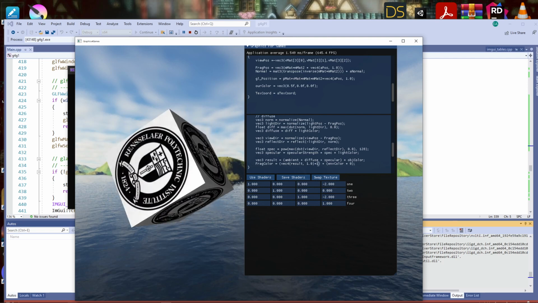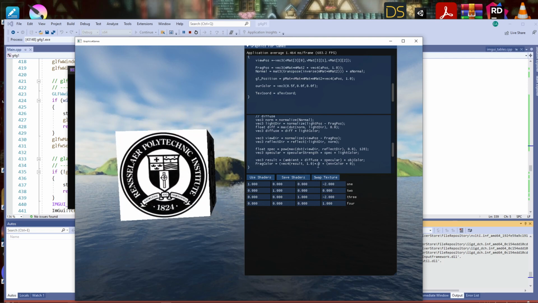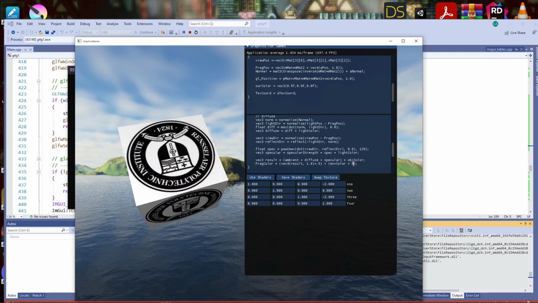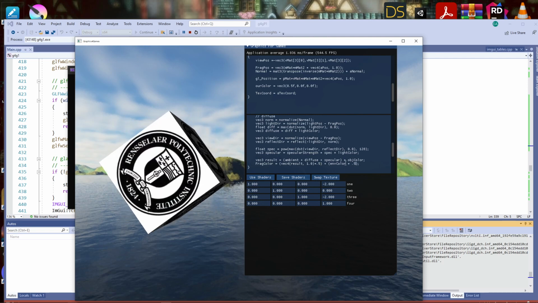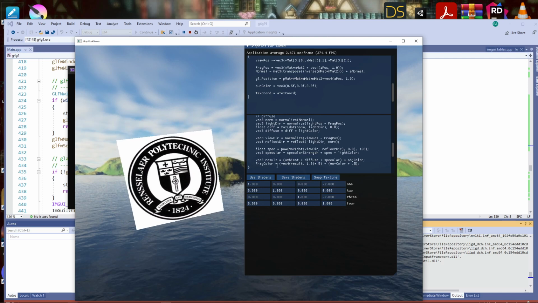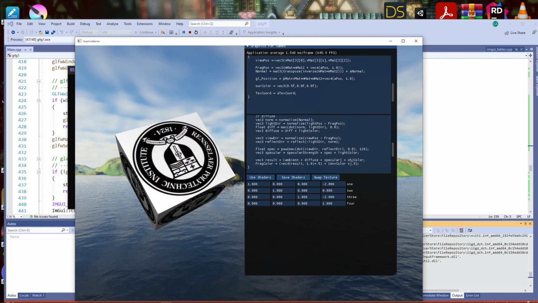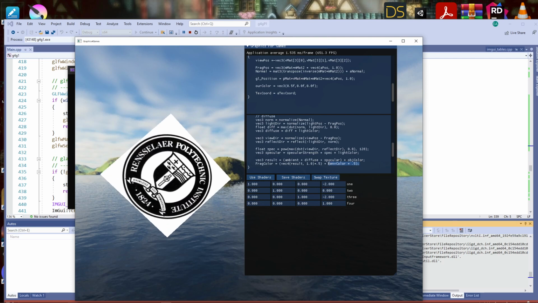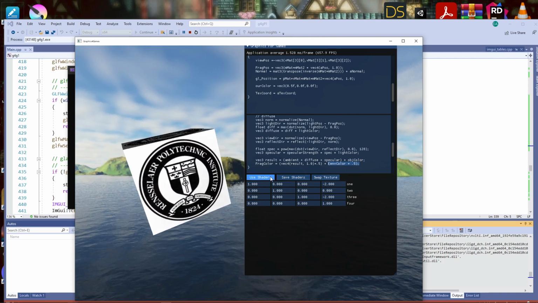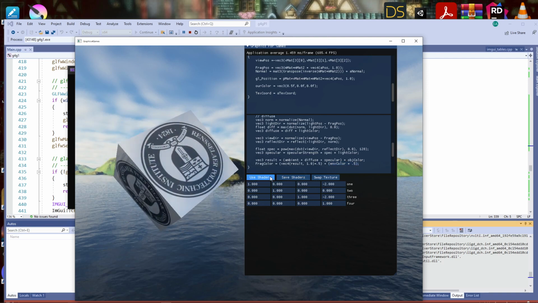But instead, I could make that 0.5 and this 0.5, which is to say half of the calculated color according to the light and half of the environment color, which is looked up in the shader.